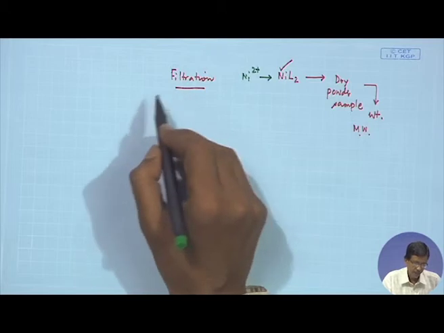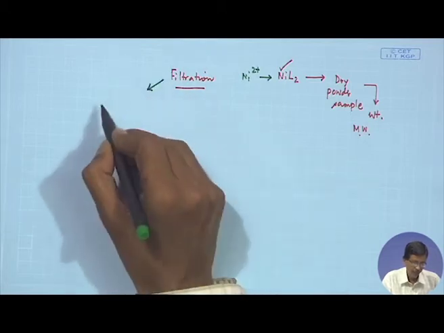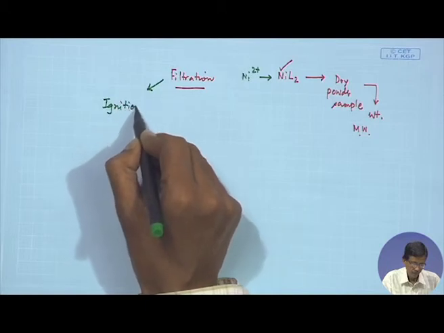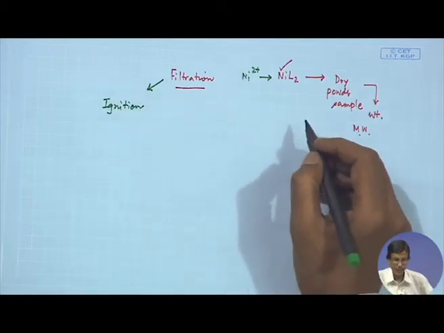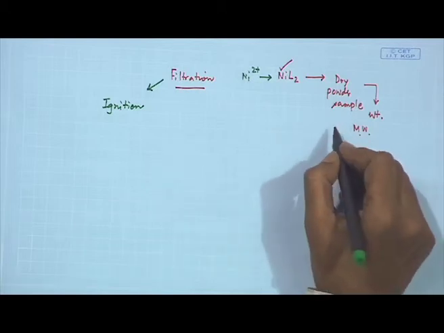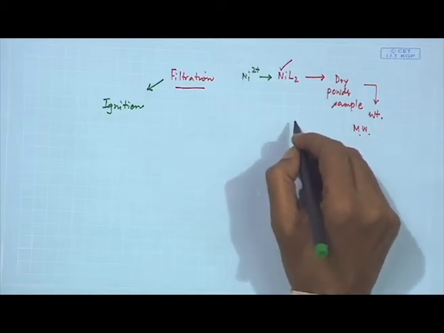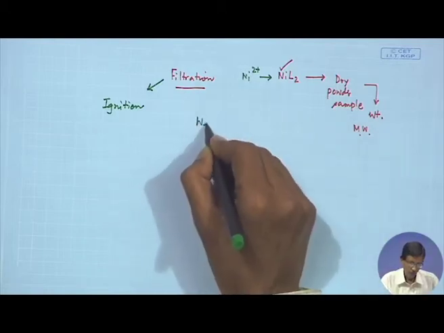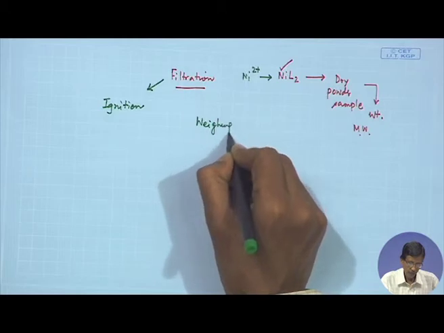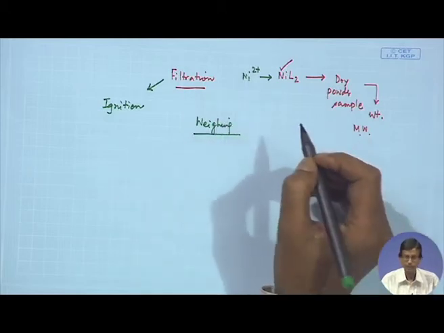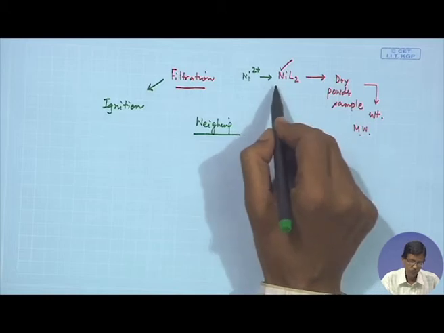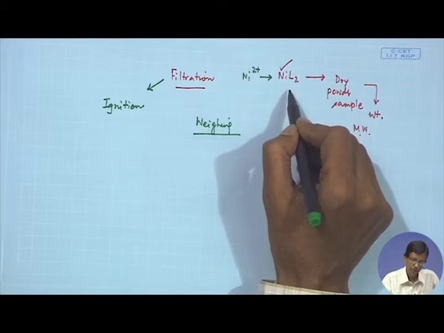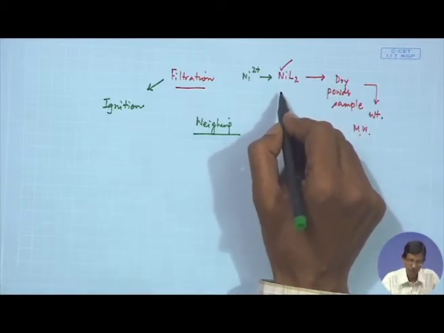But this is something, because filtration we are now tagging with ignition, and when we will detail the discussion we will make for some technique where we can do that particular analysis by taking the weight. So, weighing is a very important thing in all these cases, because by weight we are trying to determine the corresponding concentration of the metal ion in a precipitate which is your metal complex.